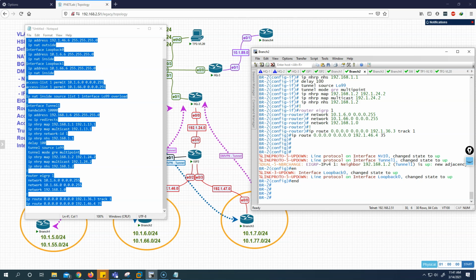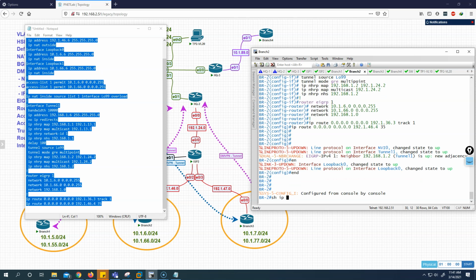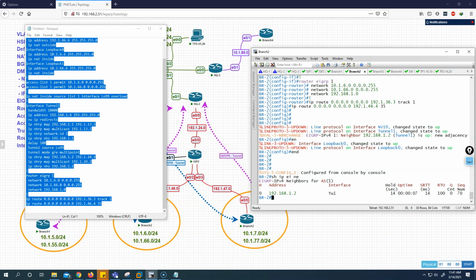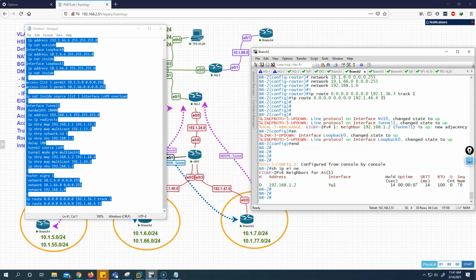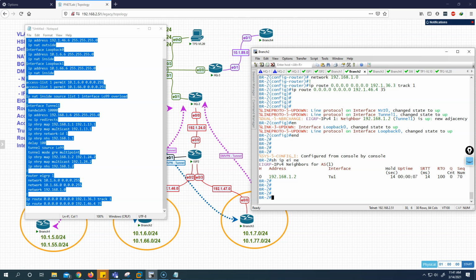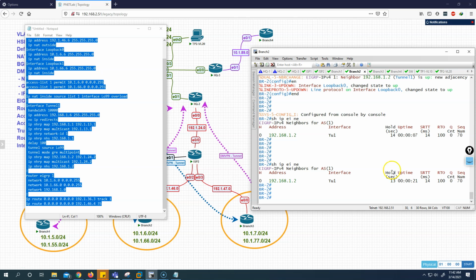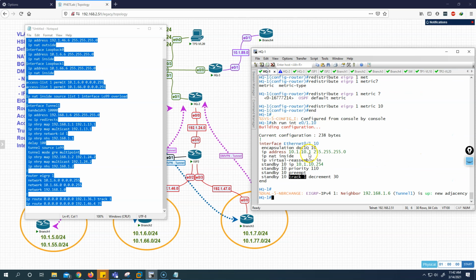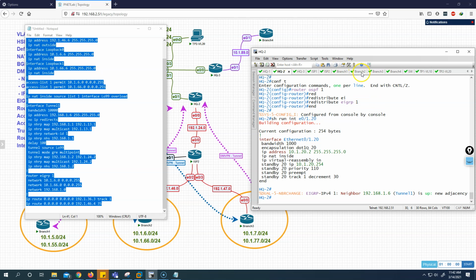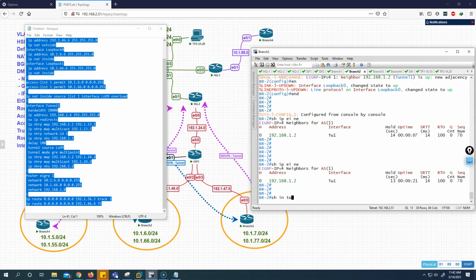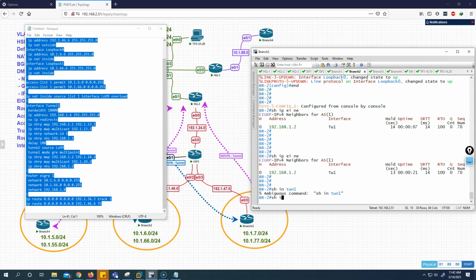Yeah, tunnel is up, right? So if I look at show IP route, or if I look at show IP EIGRP neighbor, I have a neighbor with 2. I do not have a neighbor with 1 right now. So just wait. So again, this guy is having some issue with tunnel 1. Something happened to headquarter. It says it's up, you see. It says it's up, but on branch 2 you're not seeing it. So this is again the issue with our emulator,